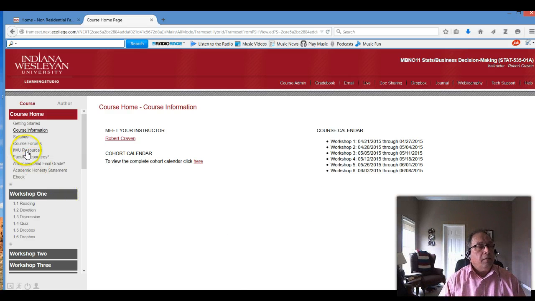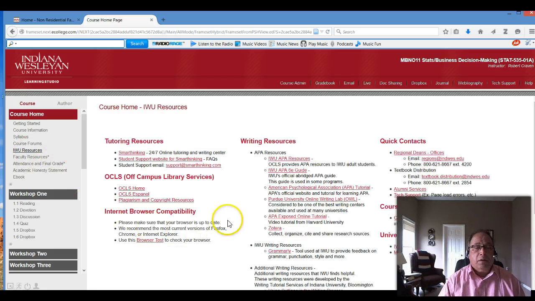All assignments will be submitted by 11:59 p.m. on Monday. If we scroll down here to IWU resources, we'll see there are a number of APA resources, and there's a tutoring resource link called Smart Thinking. Smart Thinking is a 24/7 online tutoring service that has tutors available that could help you with problems that you're working on in the class.